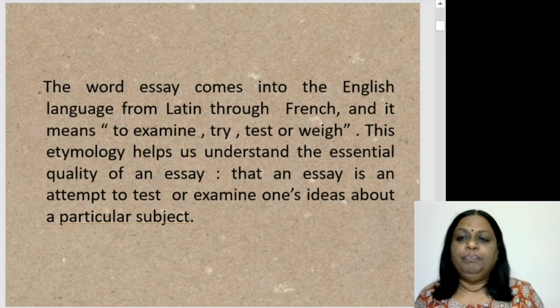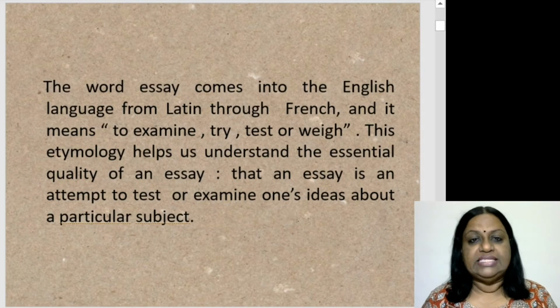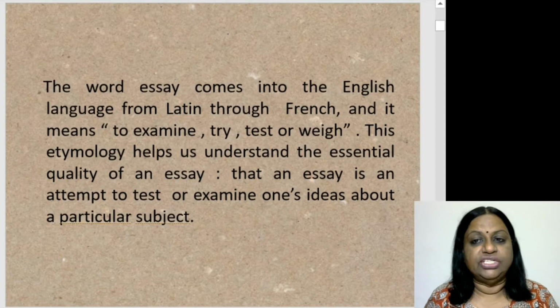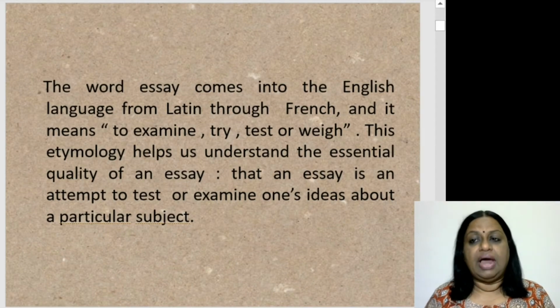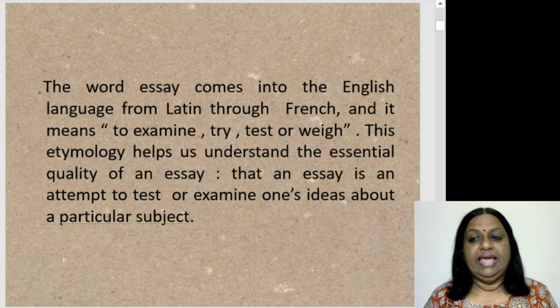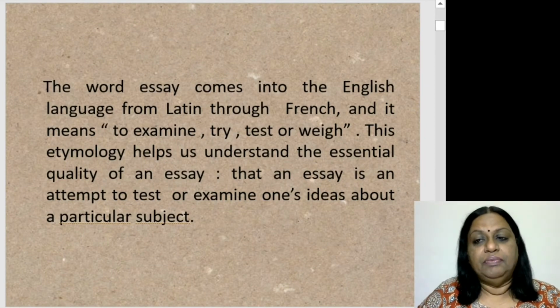So the word essay has Latin roots and has come into English through French, and it means to examine, try, test or weigh. We can define essay as an attempt to test or examine one's idea